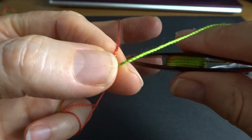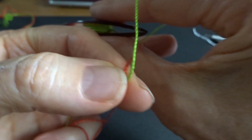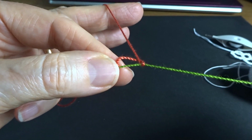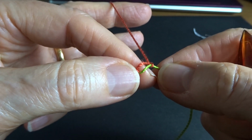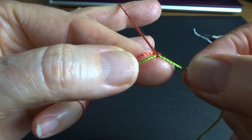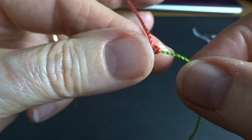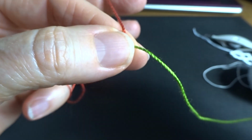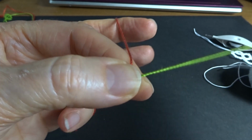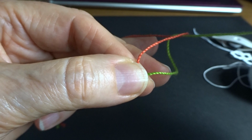So what I'm going to do now is I'm going to do the normal first part of the stitch, so under and through, loosen and pull. Now I'm going to leave a gap there and hold that gap and that first part of the stitch between my thumb and forefinger, and now I'm going to complete that double stitch as usual,